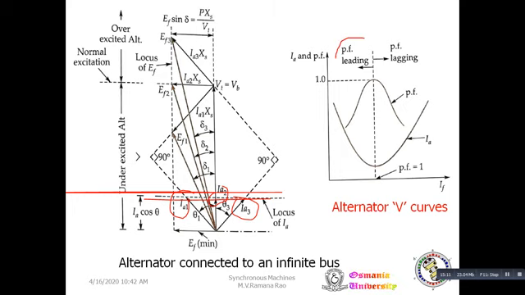So unless specified, if you are asked in the examination, you have to answer synchronous motor V curves only. If you are asked specifically for the alternator, then you have to answer V curves of an alternator. If you are asked for synchronous machine V curves and inverted V curves, it means you have to explain the motor V curves and inverted V curves. If you are asked specifically for alternator V curves and inverted V curves, then you have to explain this, the same procedure as I explained for the motor.